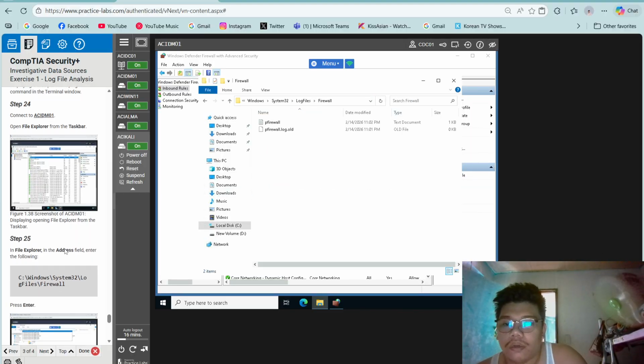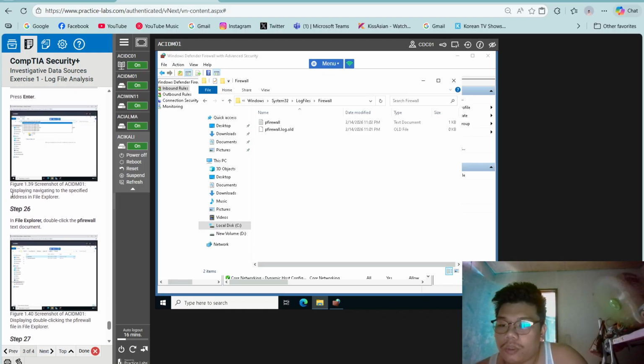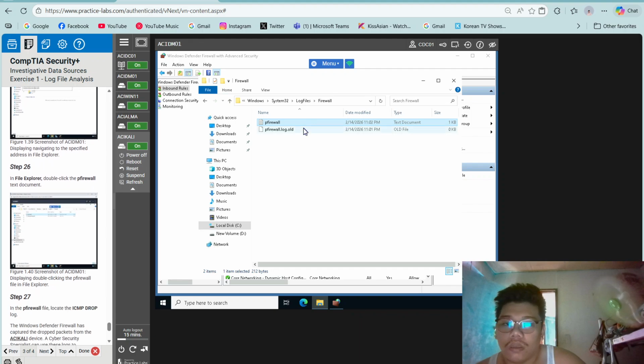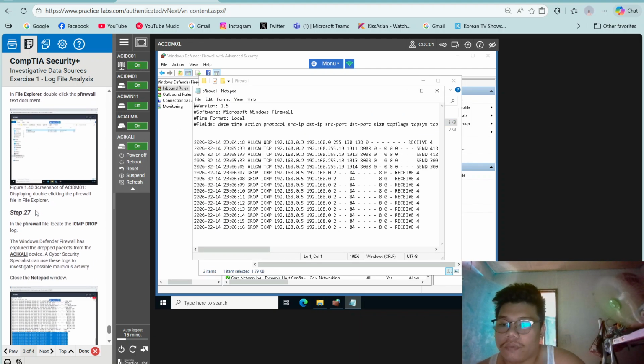Then enter. In step 26, in File Explorer, double-click the pfirewall text document.